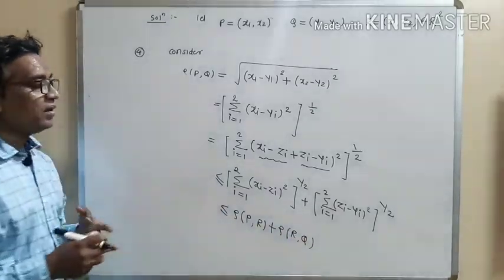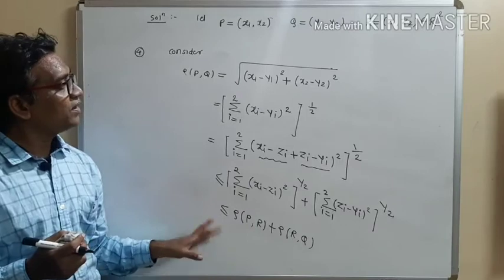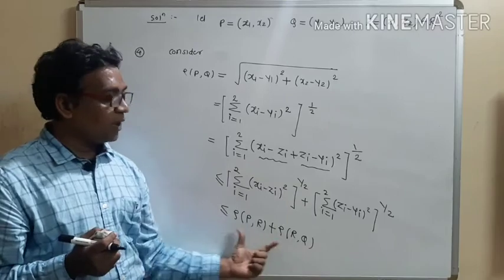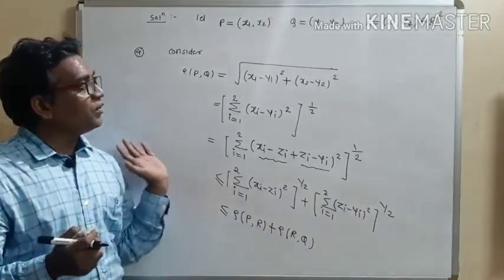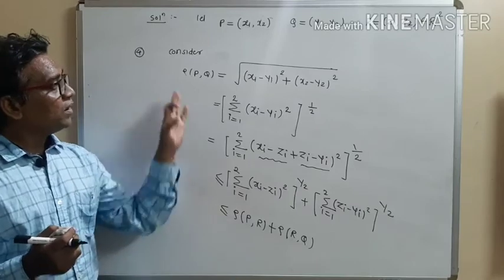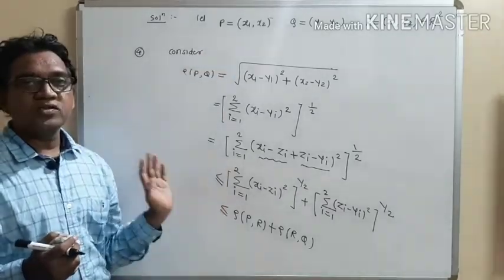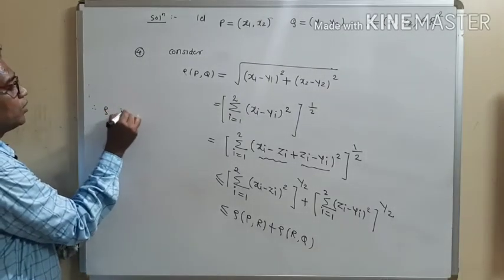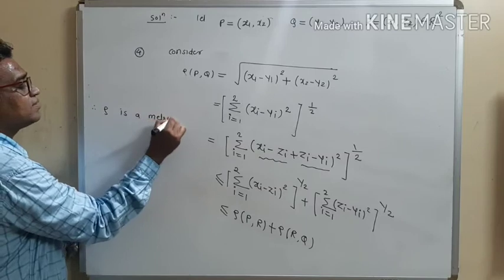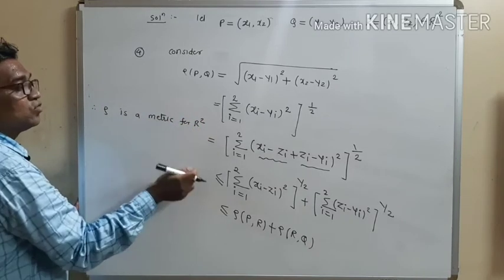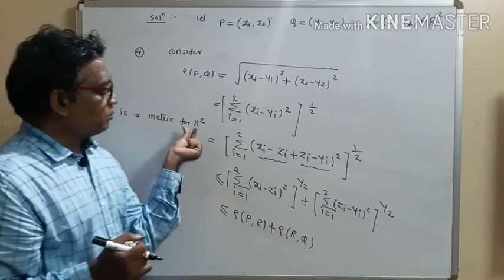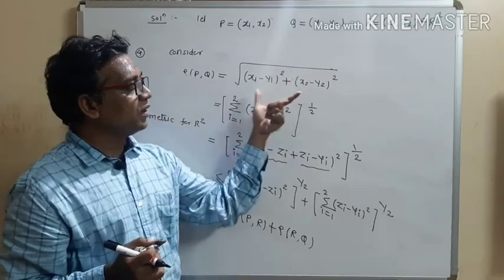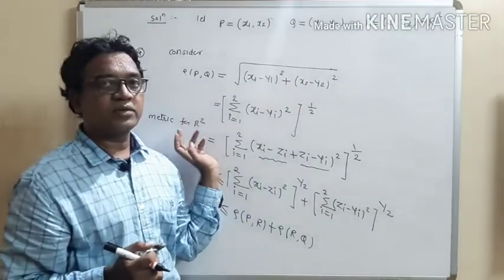So this is our triangle inequality property. What is the triangle inequality property? Show that rho of PQ is less than or equal to rho of PR plus rho of RQ. So according to the definition, we have shown that rho satisfies all four conditions of a metric, so we can say that rho is a metric. Write down the conclusion. Therefore, rho is a metric for R2. This is the standard metric for R2, given by the square root of (x1 minus y1) squared plus (x2 minus y2) squared. Thank you.